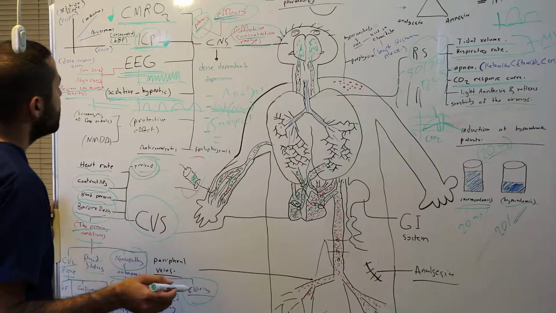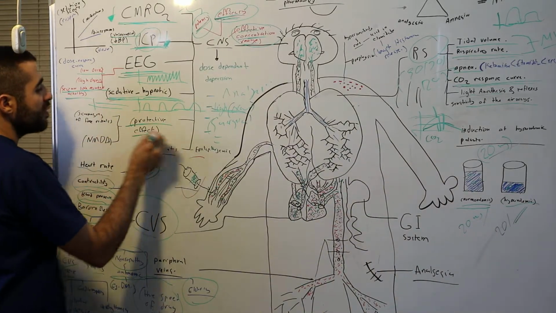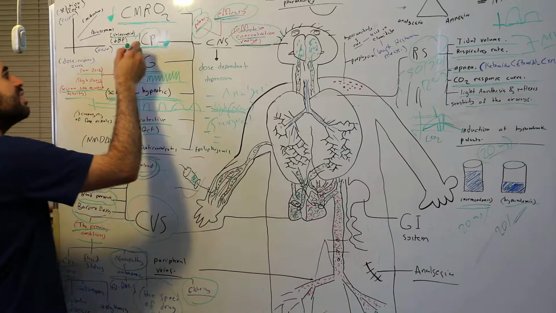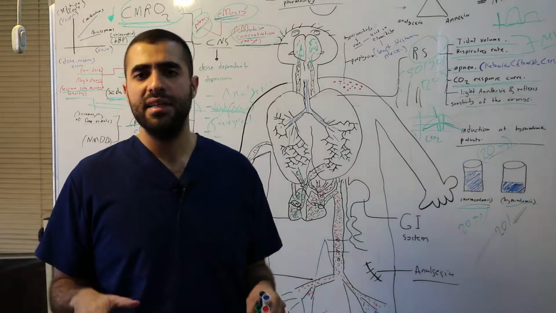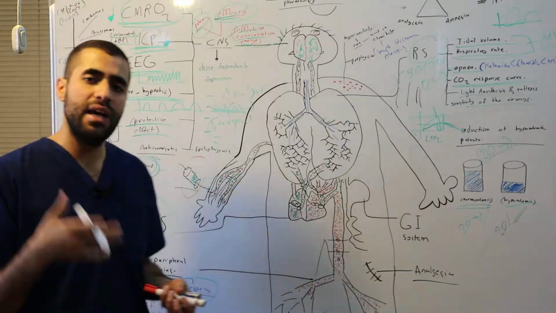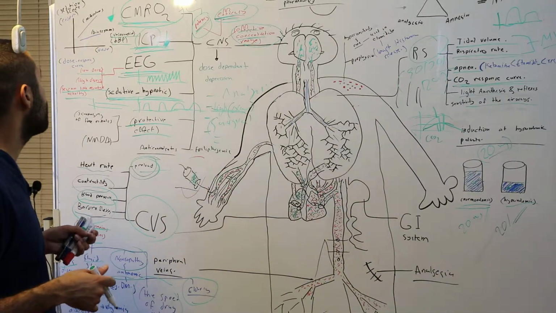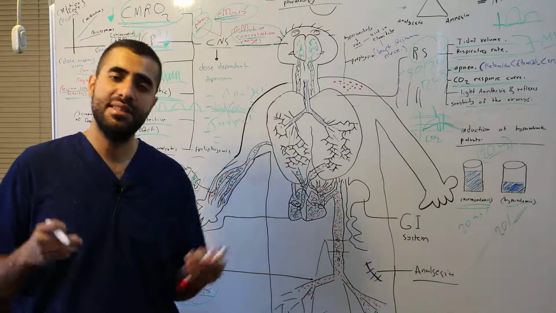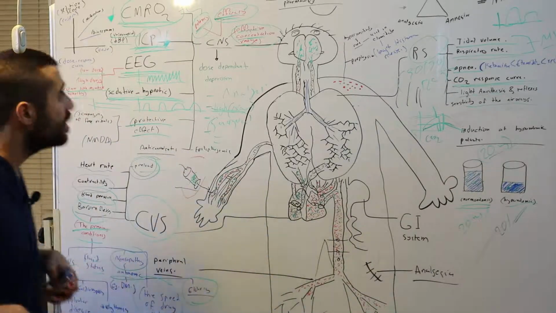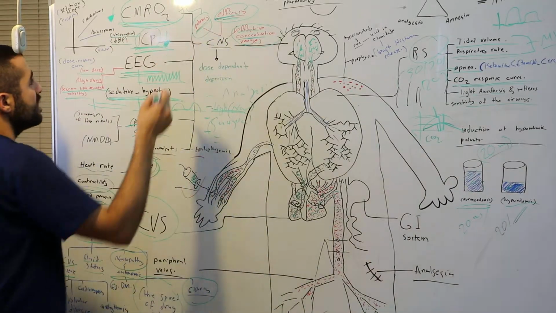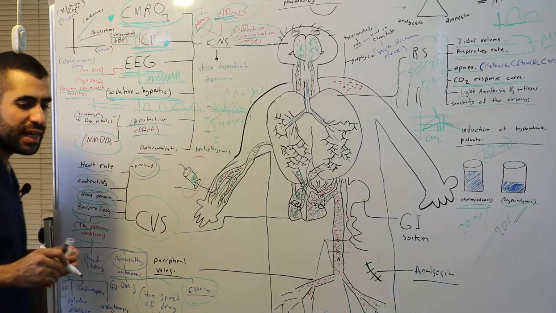Now, when we talk about the central nervous system effects of IV anesthetics, we sometimes talk about the protective effect of the IV anesthetics. As I mentioned, they decrease the intracranial pressure and decrease the cerebral metabolic rate of oxygen. So the brain now needs less oxygen to accomplish its missions. So if you have a decreased blood supply or decreased oxygen supply to the brain, it will have less damage due to the decrease in the cerebral metabolic rate of oxygen. Other protective effects are due to the NMDA